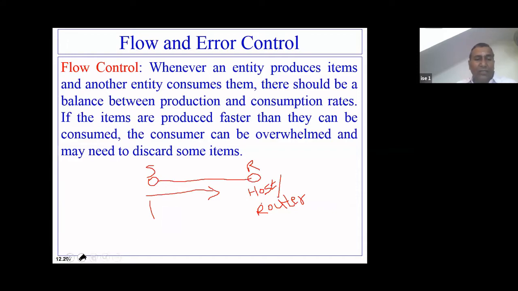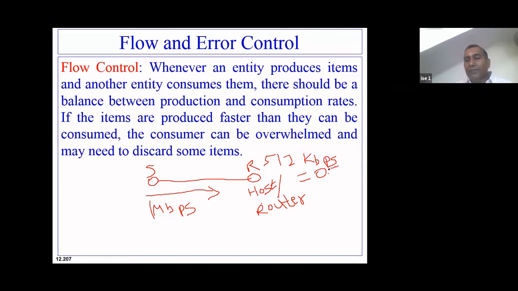And the receiver or the host can process only 512 kbps. That means only 0.5 Mbps.